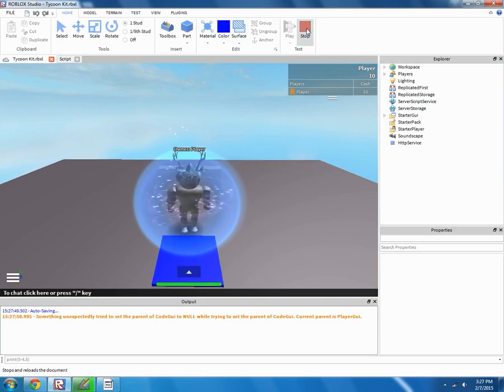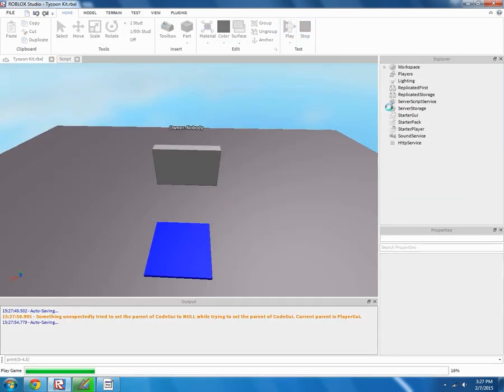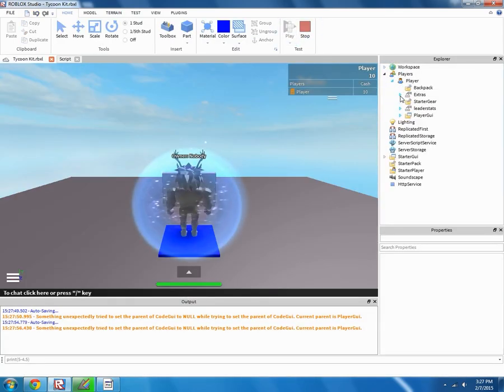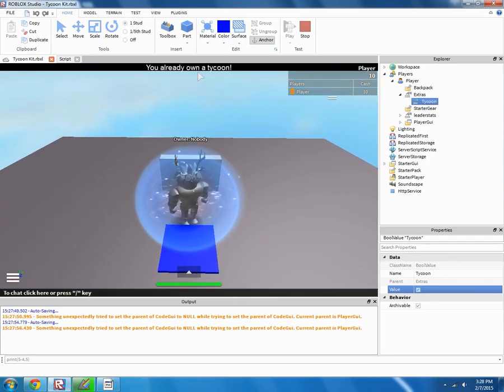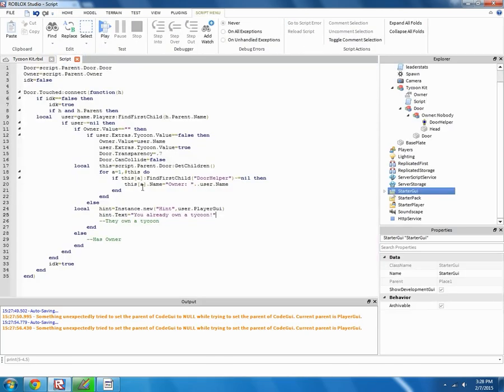And bam. Oh, haha, just kidding, hold on, sorry about that. We have to go make our extra tycoon equal true, so now we own a tycoon. Bam, you already own a tycoon. Alright. So, and then what you want to do is do like wait about 2, and then user.PlayerGui